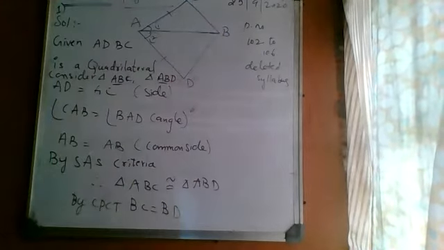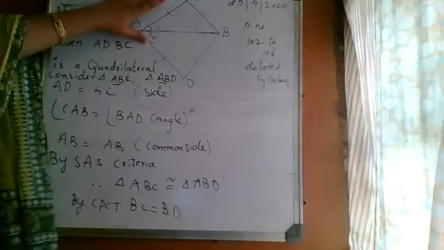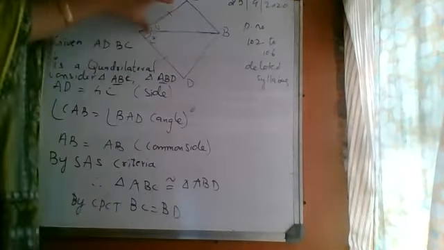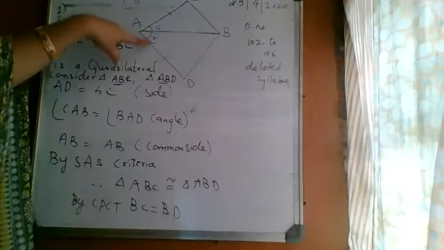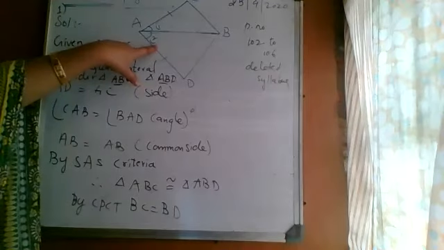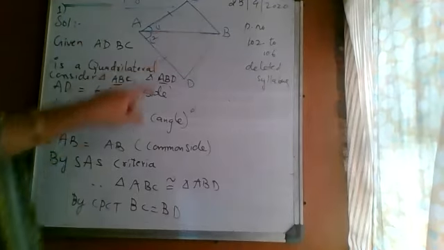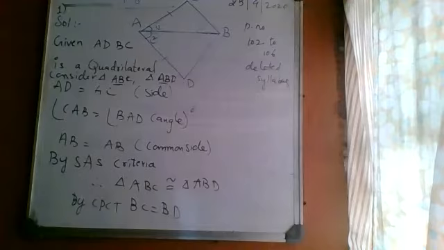Yes, dear students, once again I am teaching. You can see everything in the figure itself. See, one side is equal, AC is equal to AD. One angle is equal, angle 1 is equal to angle 2. Don't write in the notes angle 1 is equal to 2. That is for explaining purpose. This side is common. Finish theorem. This is a problem. It is finished. That's it.